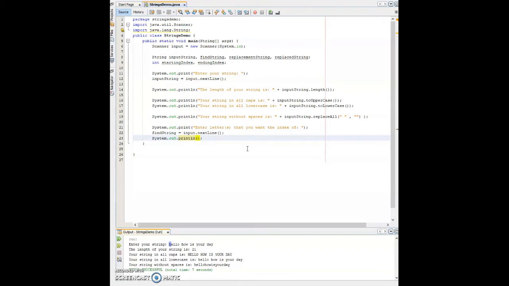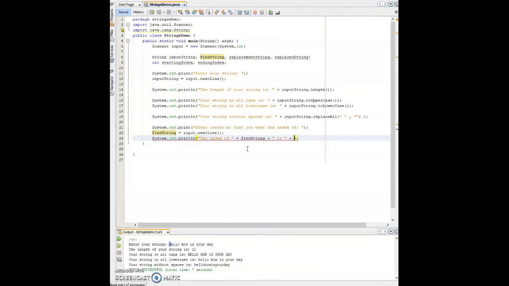So System.out.println, "the index of", and here we're going to throw in what the user inputted. The index of, like, f is,